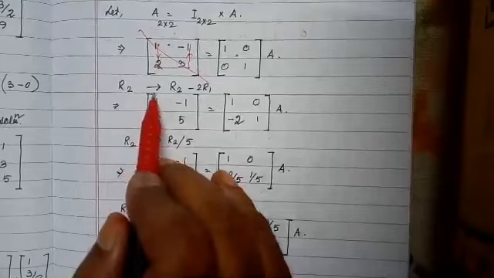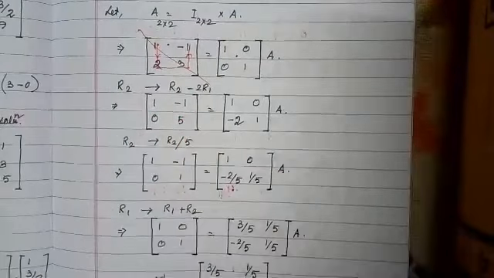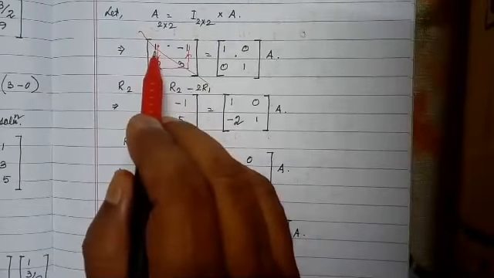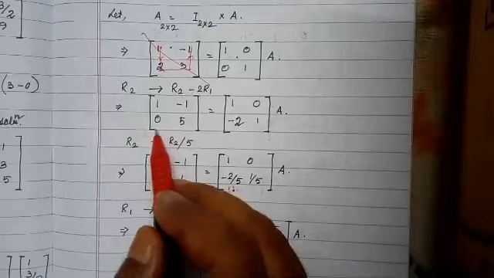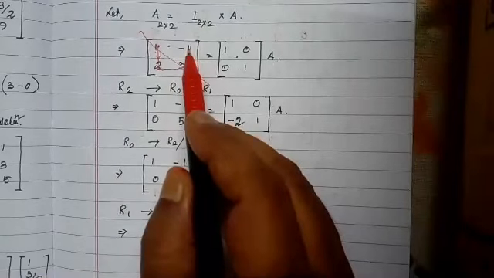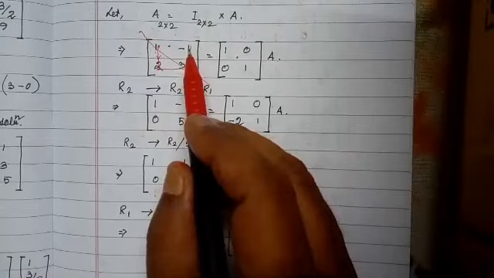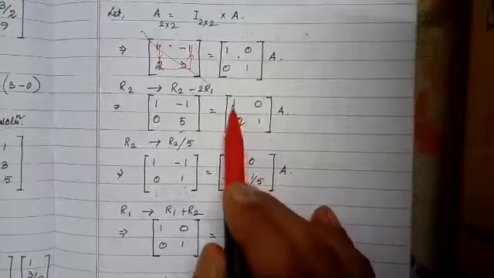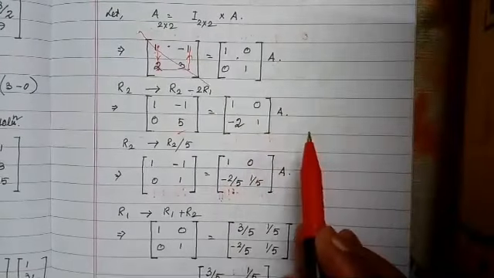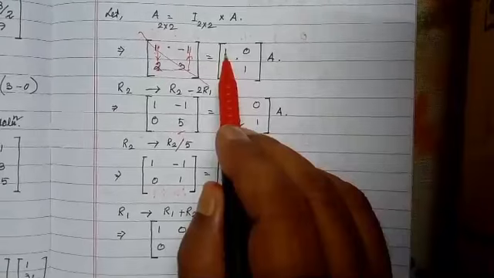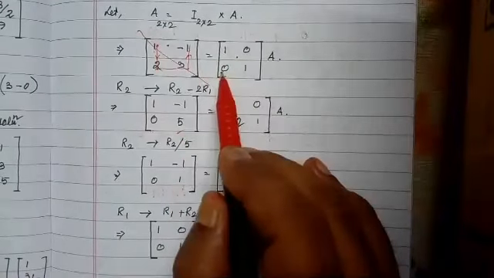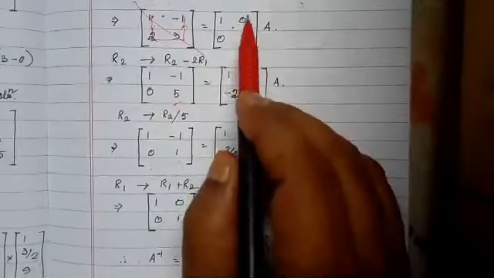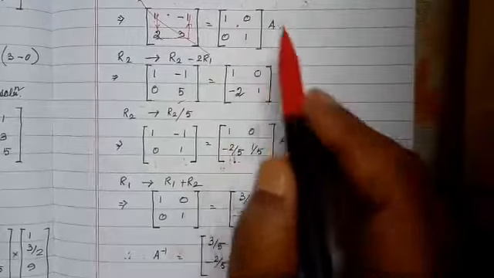So R2 is replaced by R2 minus 2 R1. Multiply this by 2, 2 1 is 2. 2 minus 2, 0. And this is multiplied by 2, that is minus 2. Now 3 minus minus 2, that is 5. So it is 5. The same operation is performed here, which gives 1, 0, minus 2, 1. Multiply this by 2, so 2 and 2. Now R2 minus R1, there is 0 minus 2, so this is minus 2. And as this is 0, we multiply this by 2, so 2 into 0, 0. 1 minus 0 is 1.